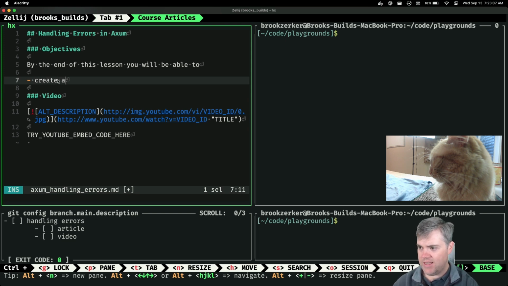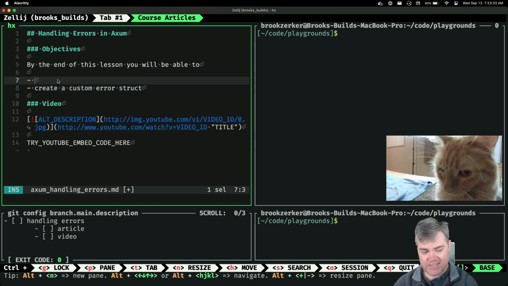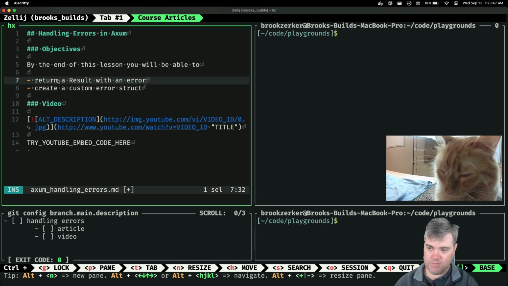You'll be able to create a custom error struct, but also the different types of errors, so you'll be able to return a result with an error, and then create a custom error struct that you can return.